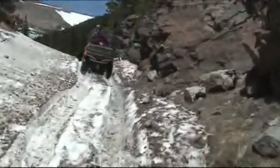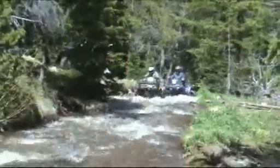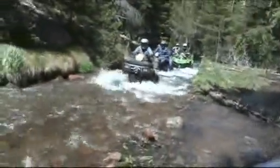Little caliber sticking it to the snow. Boy, yeah. There you go. Water deep and fast today. Doing good. Trying to